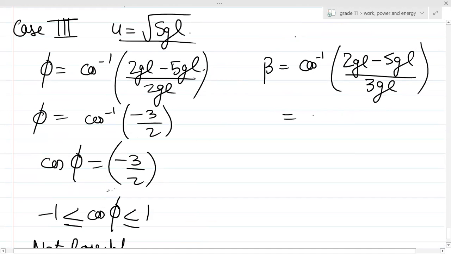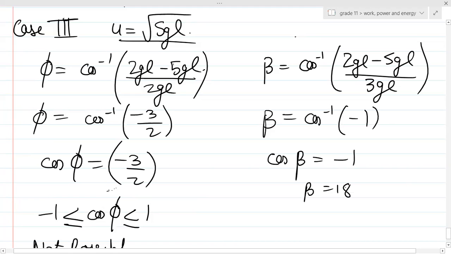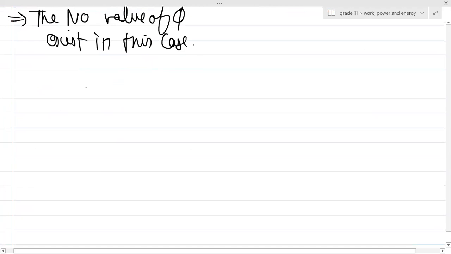So can you see over here cos inverse of minus 1, and we have already got the case of cos inverse of minus 1. So beta is equal to 180 degrees. So can you see over here the tension is becoming 0 at theta equal to 180 degrees, and the velocity is not becoming 0. So can you see from here you get that case